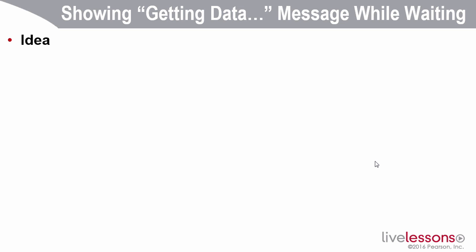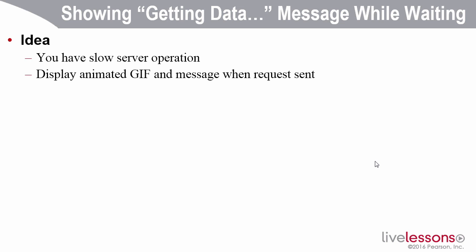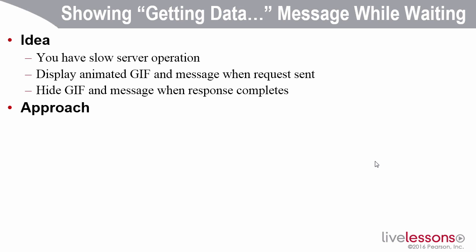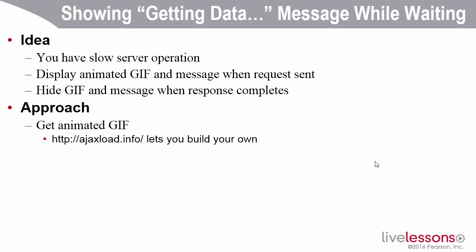What can we do? Well, the idea is whenever you have a slow server operation, you display a message to the end user, often with a little spinning animated GIF that says, hey, I'm working, hang on, be patient. And then when the result comes back, you hide that animated GIF, that little spinner, and the message. The approach we would use to do this in jQuery is, first of all, we need an animated GIF. So let me stop right here and show you an interesting site